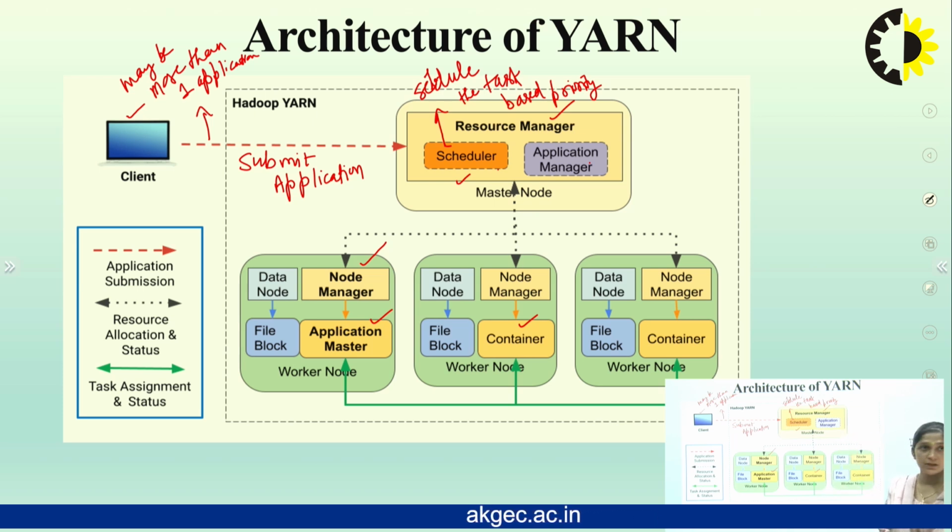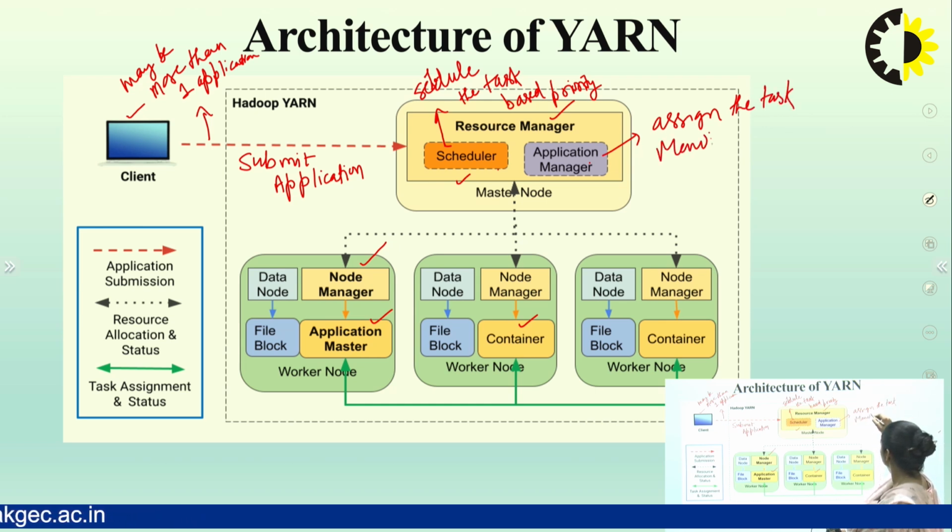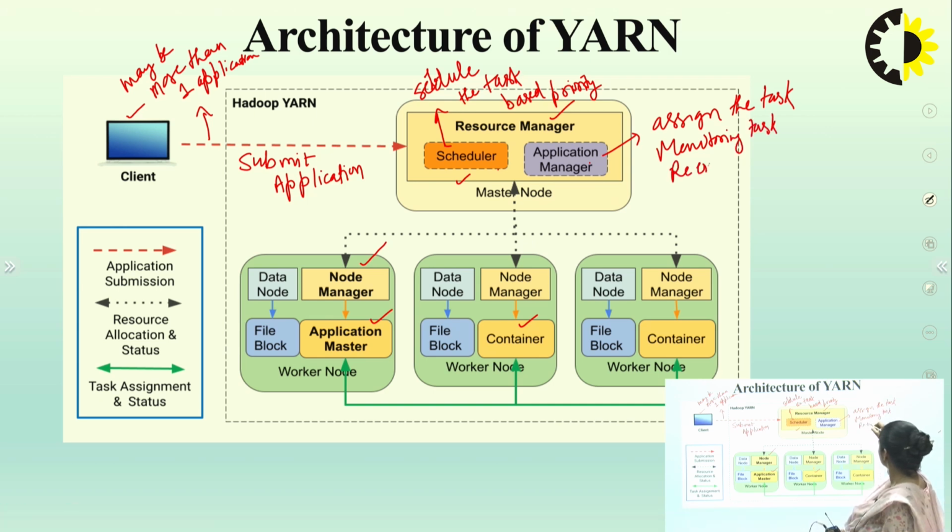Now the application manager is responsible for assigning the task, monitoring the task, and re-executing the task if it fails. Scheduler will schedule the task and application manager will assign the task, monitor the task and re-execute the task. If any task fails, in that case, it will re-execute the task. Now,